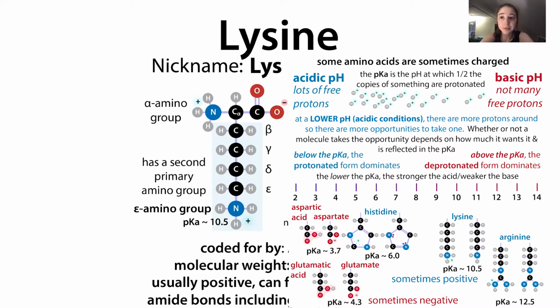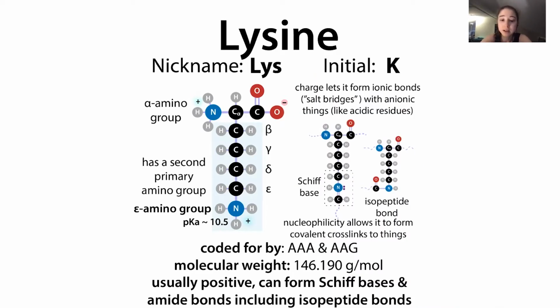But the deprotonated form can still have important functions. This deprotonated form can be helped to form if you have the lysine situated in an enzyme pocket where there's some basic residue that can help pull off the proton. We'll talk more about all this. I just want to give you an overview for people who want the bigger picture